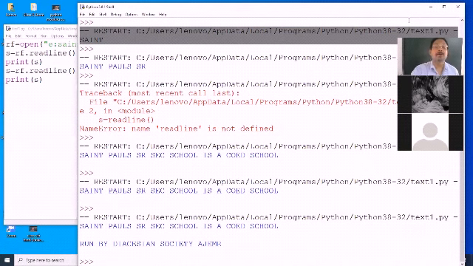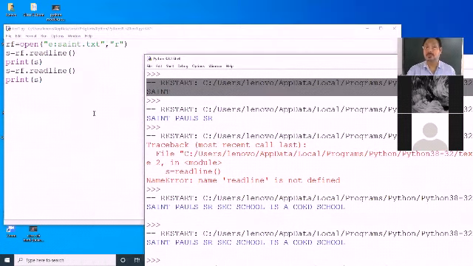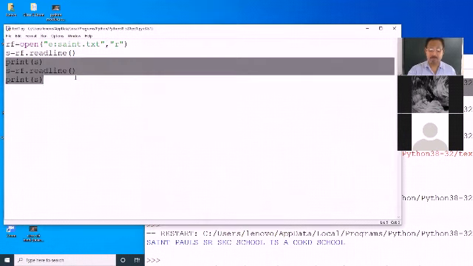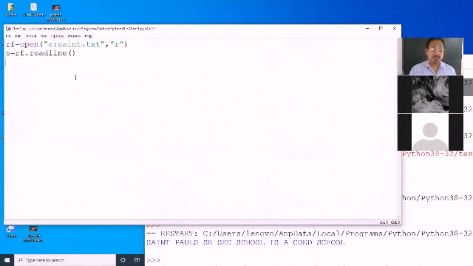This is one way, but you can also use a loop. You can also use a loop. So first I am reading one line and stopping, and then what I am doing here, pay attention to this: while s not equals to double quotes or single quotes, you give blank.